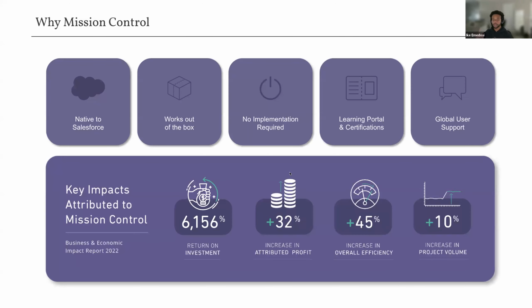So why Mission Control? Native to Salesforce, we work out of the box, no implementation required. And then we have a built-out learning portal, certifications, and our global user support, which I mentioned is top of the line. So the acronym RACI stands for the different responsibility types for checklist items. So responsible, accountable, consulted, and informed. So for those that didn't know,